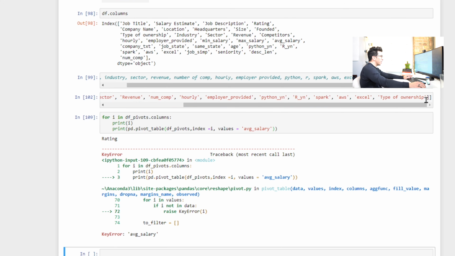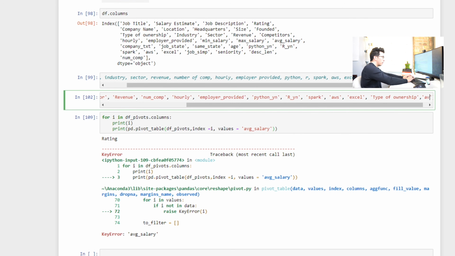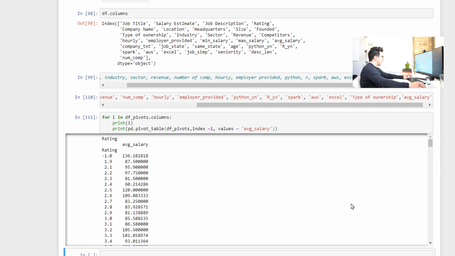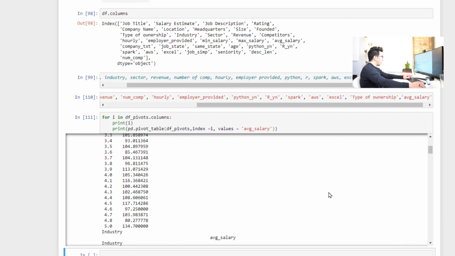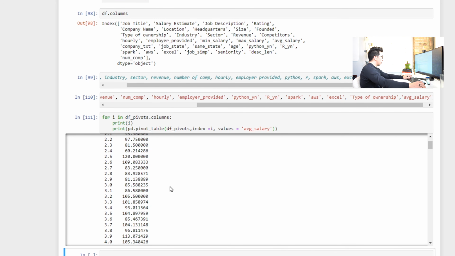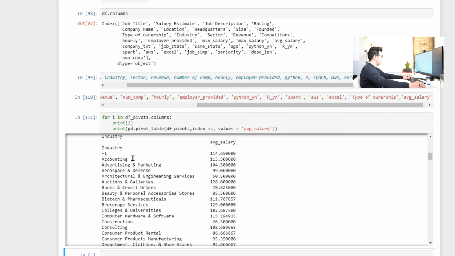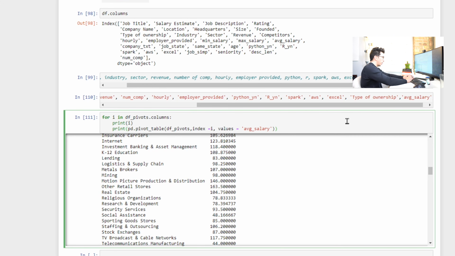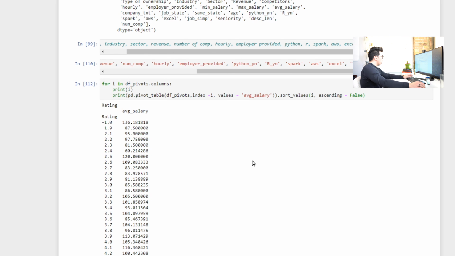Oh, because average salary isn't in here. Duh. Come on, Ken. There we go. So rating, yeah, I forgot rating was continuous. I don't know why I actually put that in here. Industry, all right, we want to sort by values here. Great. Okay, so